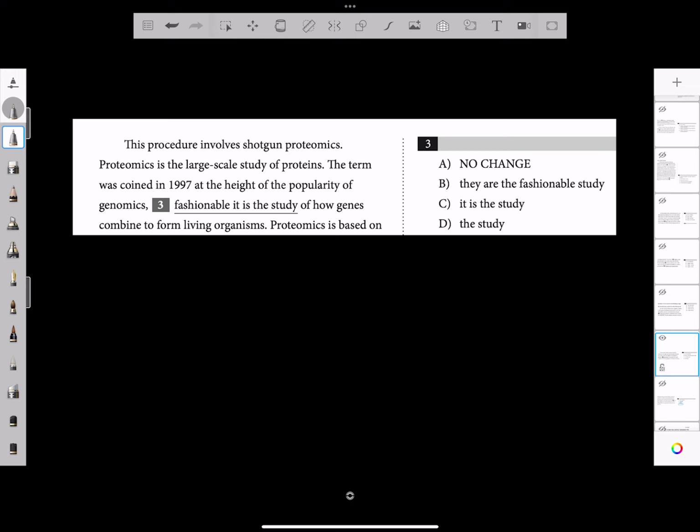"The term was coined in 1997 at the height of the popularity of genomics." So notice how we have a comma and we had a sentence before. So we need a fragment after the comma, right? Comma separates sentence from fragment or fragment and then sentence. So the fragment is "the study of how genes combine to form living organisms." And by the way, short answers are good. That's the shortest, and it makes the most sense. A